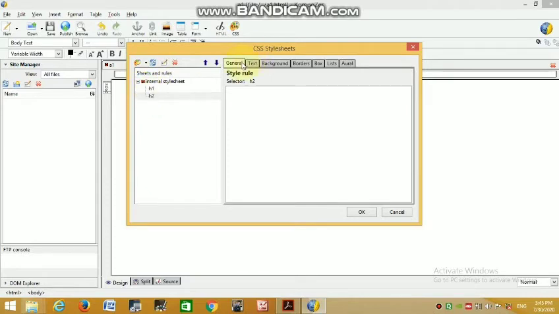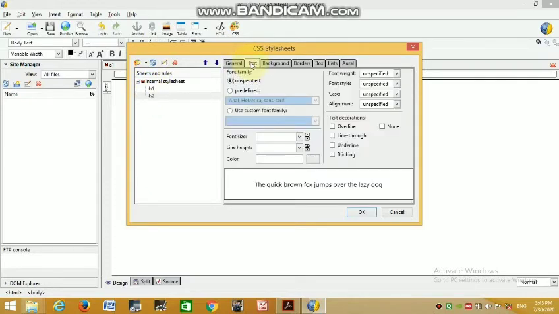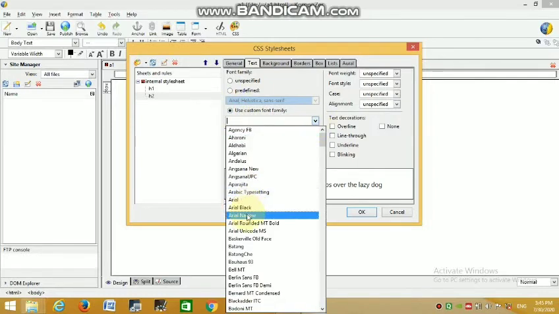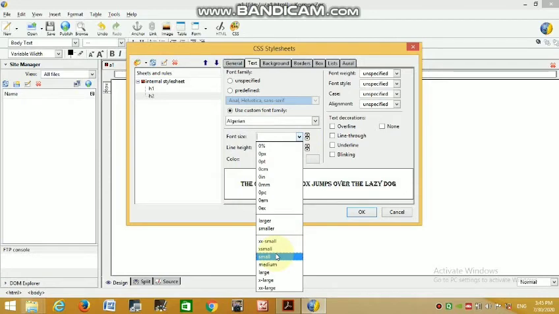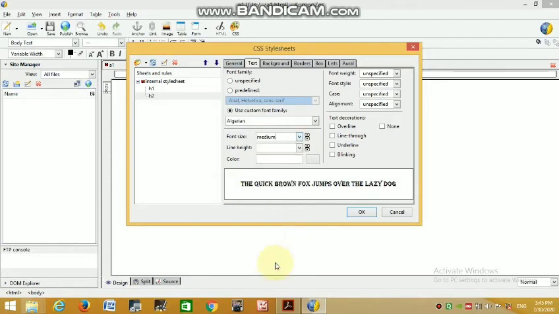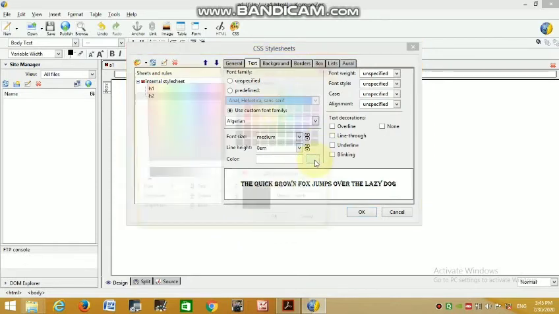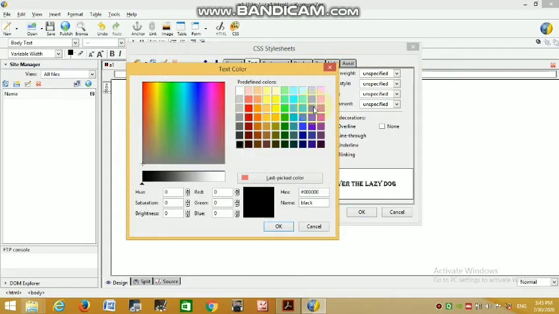First is general, second is text. Now this time we use a custom font family. Okay, you can select, I select Algerian. Font size medium, line height, color, the font color you can take here.